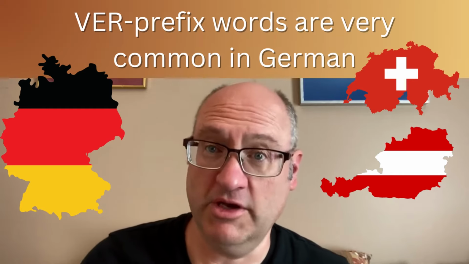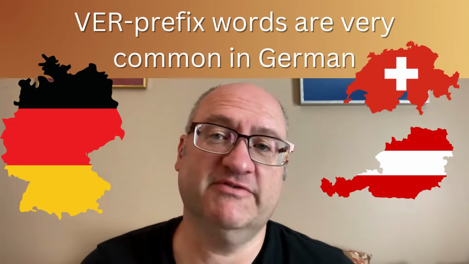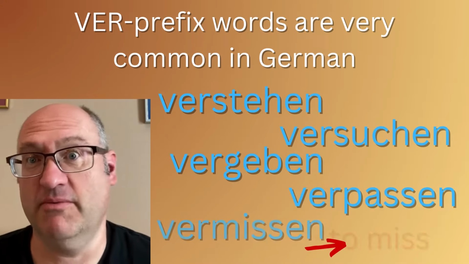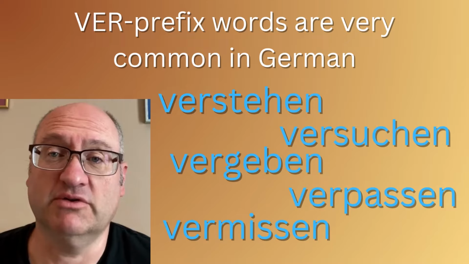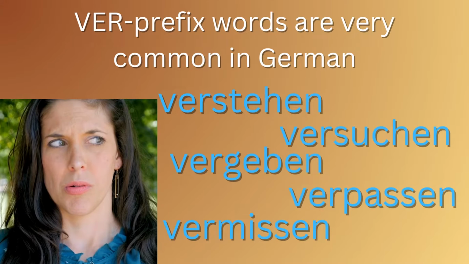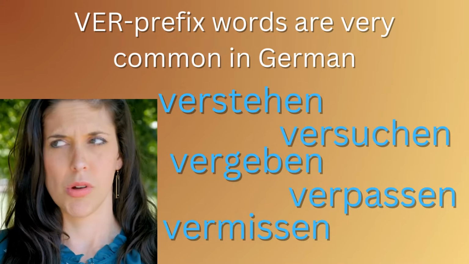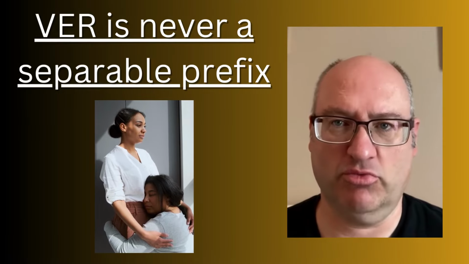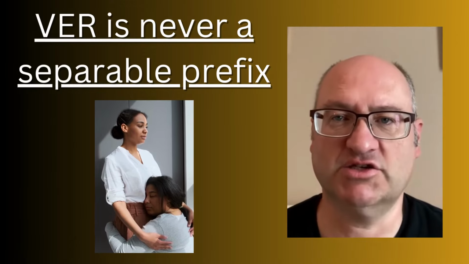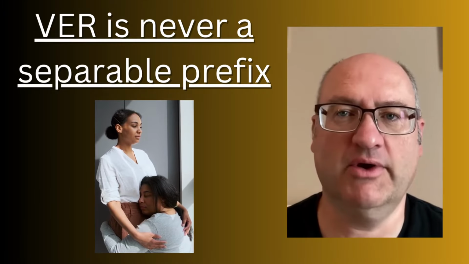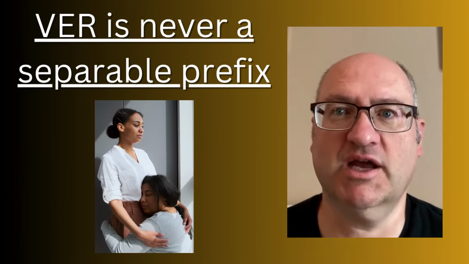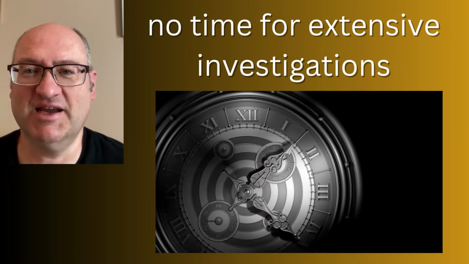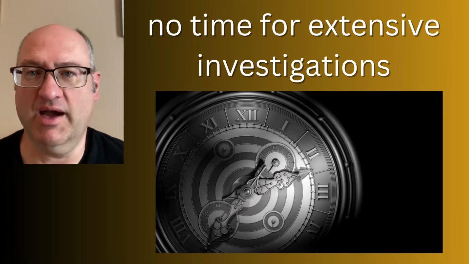There are many German verbs that include the prefix ver, such as verstehen, versuchen, vergeben, verpassen, vermissen, and it would be very difficult to have a conversation in German without verbs that start with ver. The prefix ver is never a separable prefix. It always stays attached to the verb, no matter how you conjugate them or how much you conjugate them. Each and every one of these verbs would be fun to investigate, but for this video, I will just focus